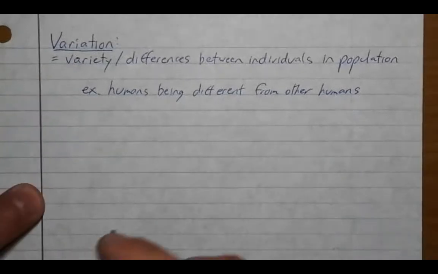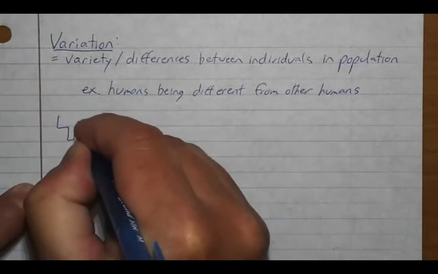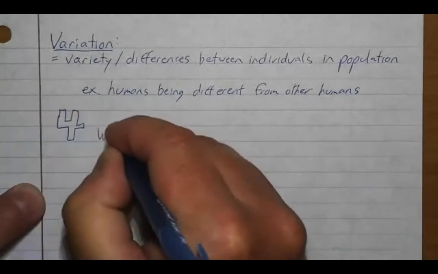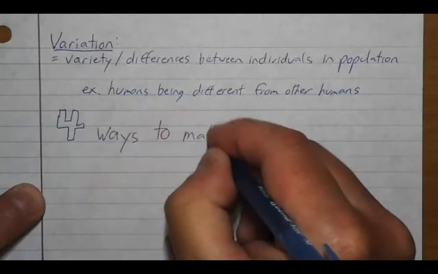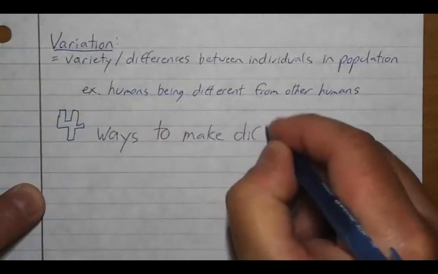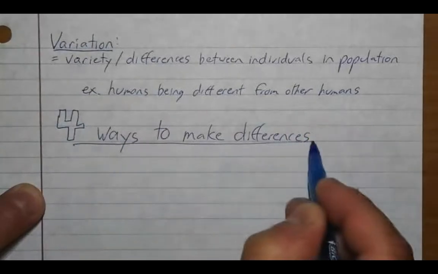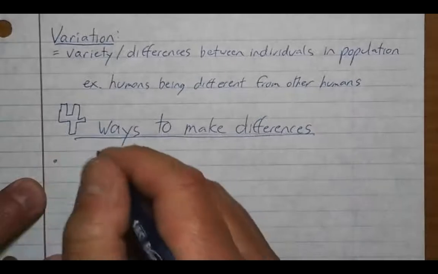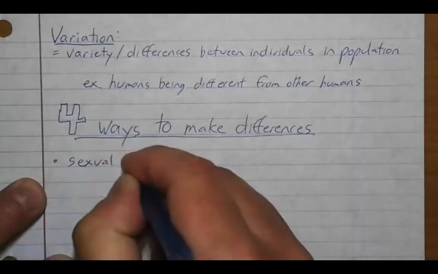Okay, so there are basically 4 ways to make differences. The first one I'm not even doing an assignment on because it's pretty understandable. The first one is through sexual reproduction